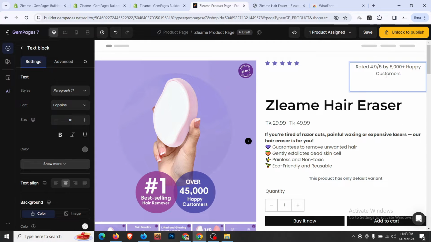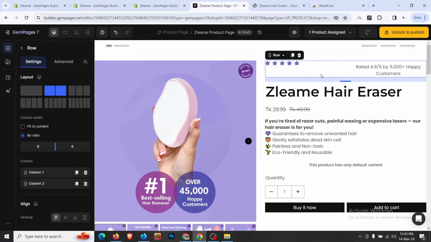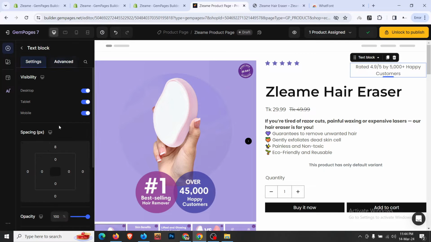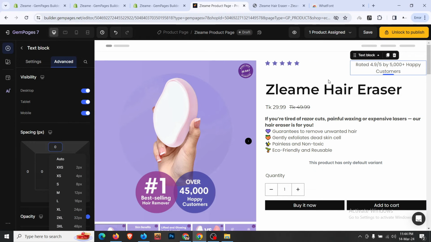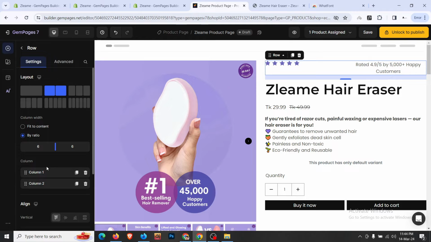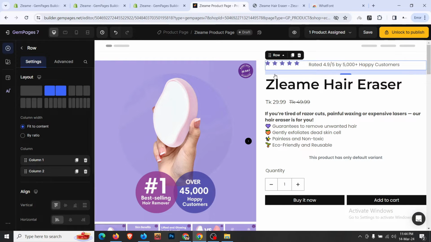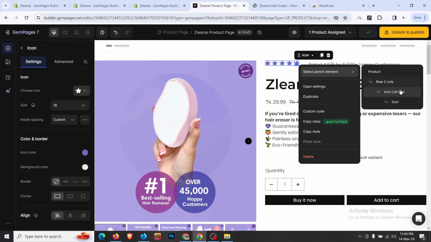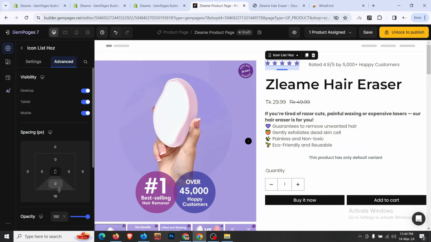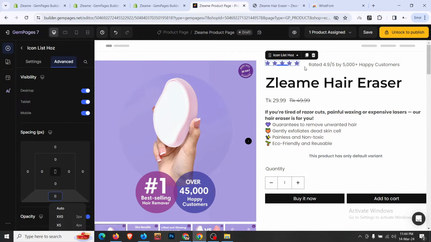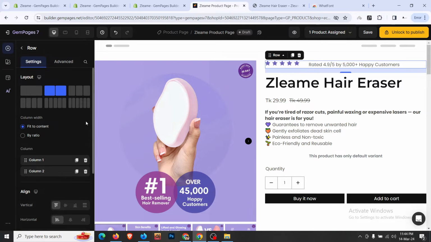just paste it. Okay, and then click that row and click the text block, go here and just remove this spacing, and click this row, and then we'll make it fit to content. Okay, just like the before. So everything is in alignment is perfect, right? So right click, icon list, horizontal, go to advanced, make it 0, then click this row, and then make it